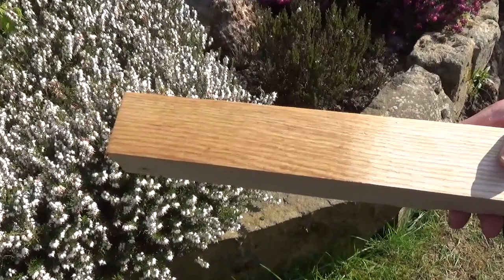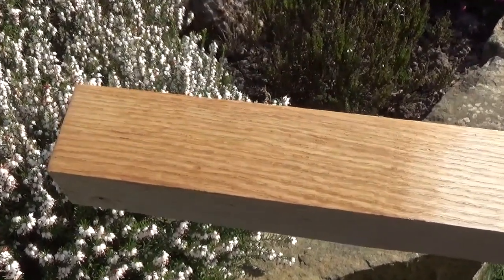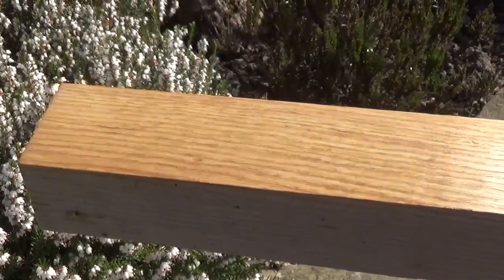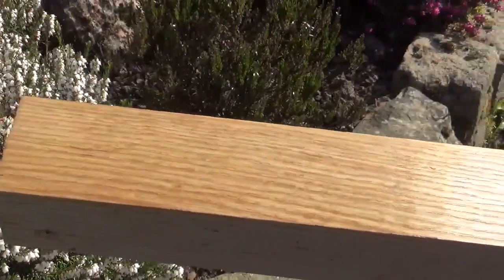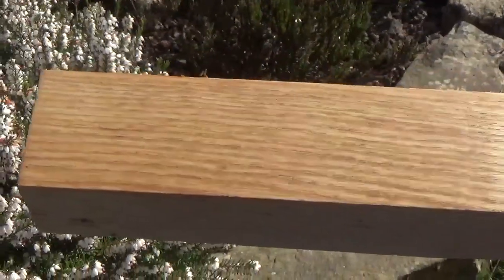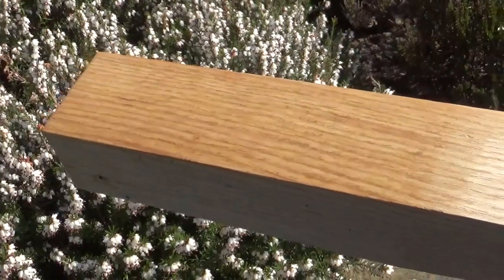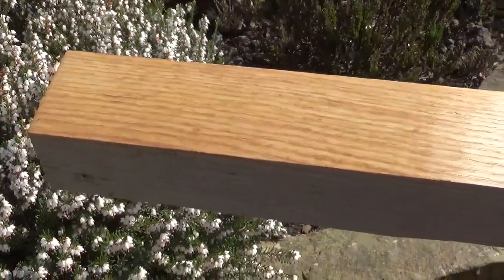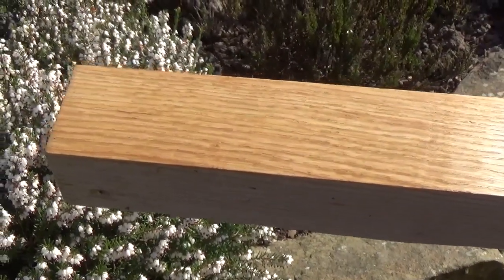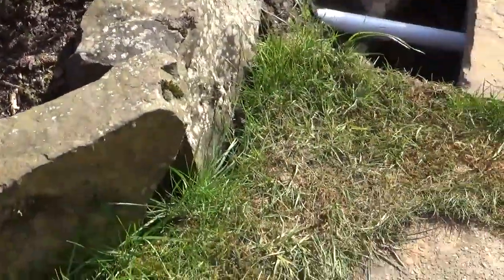So here we are with the finished product. I've just put the first coat of polish on. You might just be able to catch the sheen on it, but as it's ash, it hasn't particularly got an amazing grain, but at least it's given itself a lovely coating, and with two or three more polishes it should really come up well. Now if we have a look at the bowl that we've just done, this is the bowl,